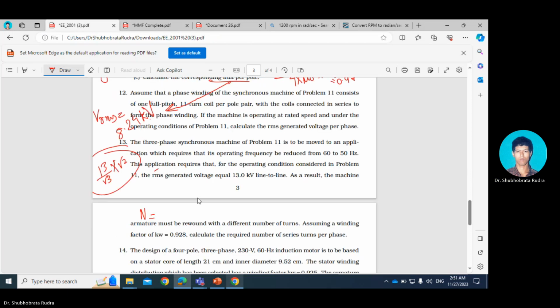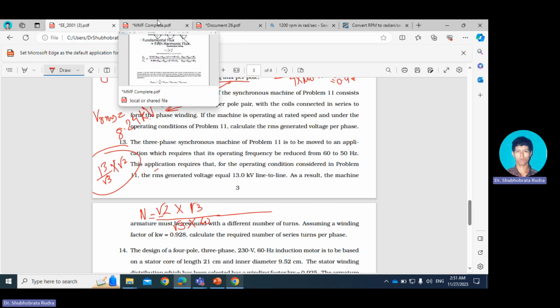Now, when you have your N, we need to find out the N. So N could be found out using this formula: root 2 into root 3, sorry, root 2 into 13 by root 3 into your omega. If we try to use this formula,